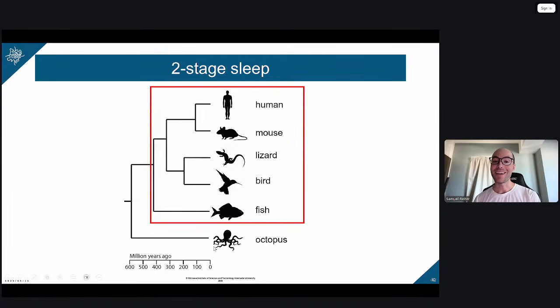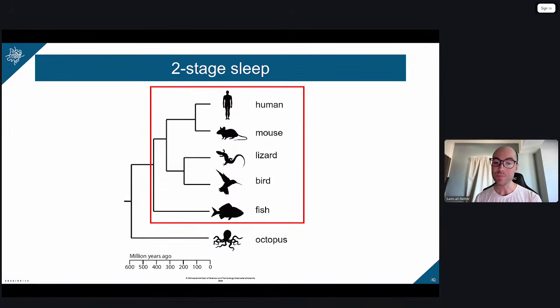It's in this context that it's interesting to look at the cephalopods because, as I said, they diverged from our own lineage so long ago, and they've independently evolved large brains and behaviors, that if we could find anything that resembles the two stages of sleep in a cephalopod, it would suggest that two stages of sleep can convergently evolve multiple times, and is therefore something that's quite fundamental, similar to how vision evolved at least 5 times, or camera type eyes evolved at least 5 times in evolution, because it fills such an important